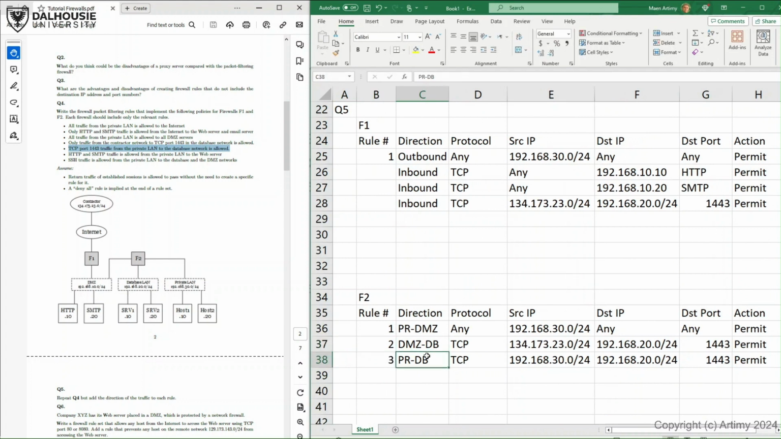Okay, now we have specific direction for this traffic, right? So rule number 1 is not enough to let the traffic go to the database because it has a specific direction. HTTP and SMTP traffic is allowed from the private LAN to the web server. Okay, if I create a rule, it will be PR to DMZ